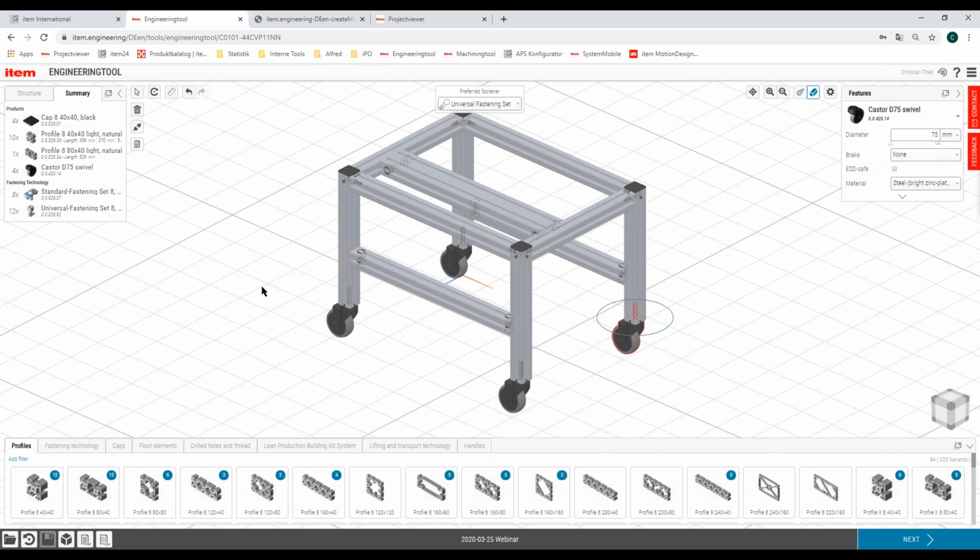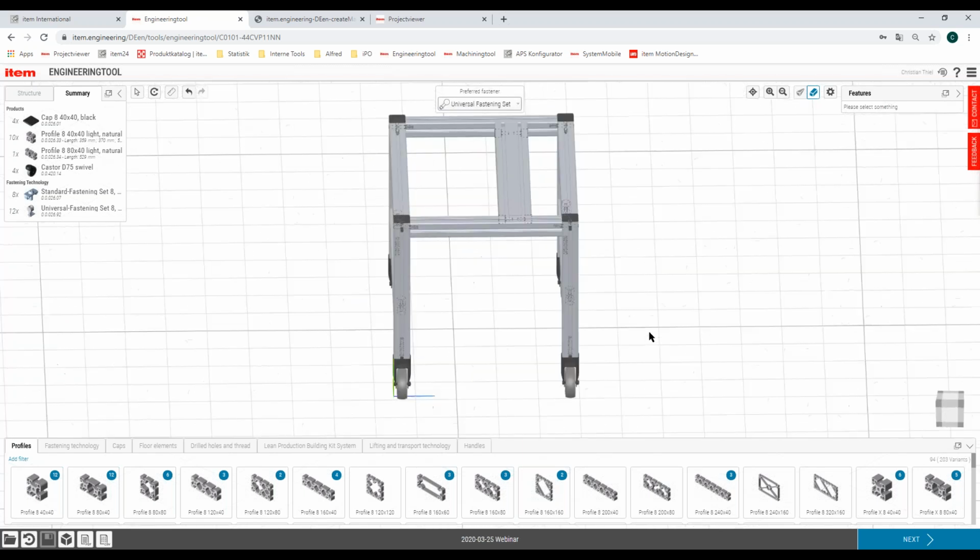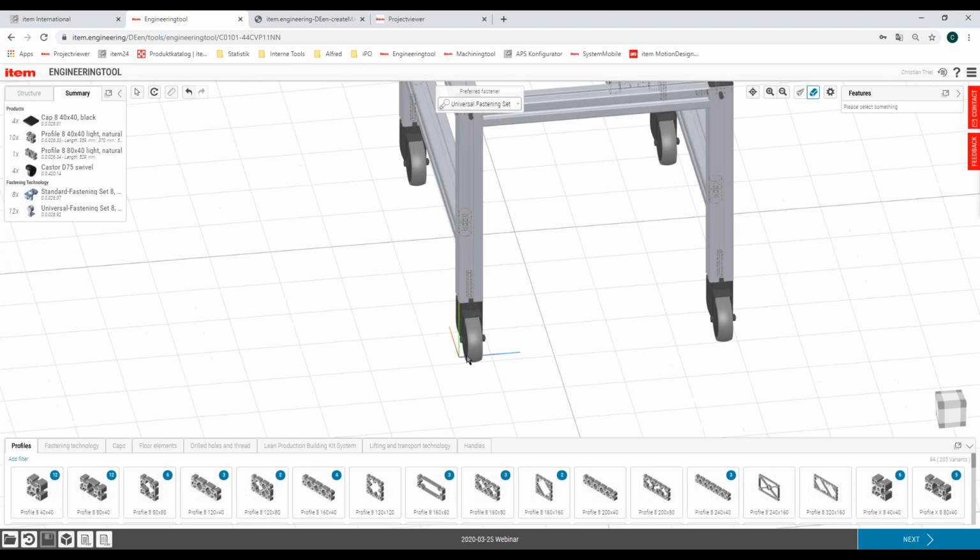Is it maybe possible to do reverse engineering, where I do a product with the Etem engineering tool, export it to CATIA, change something and re-import it into Etem? No, at the moment there is no bidirectional interface between a CAD system and the engineering tool. But of course you can use the engineering tool, do your design, and then you can see this colored triad, these colored lines here at this point. They define the 0 point of your design.